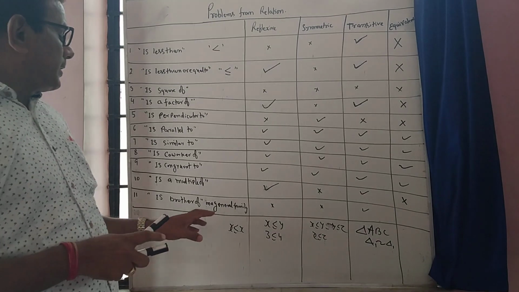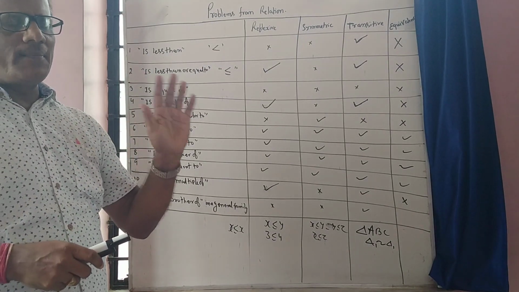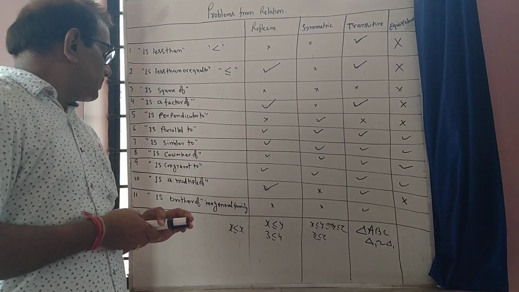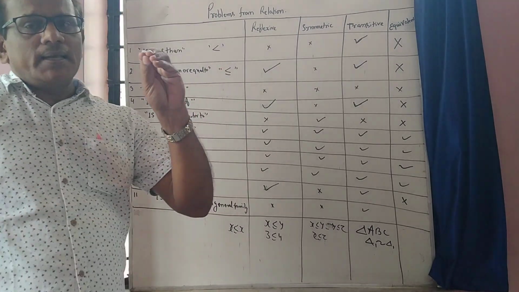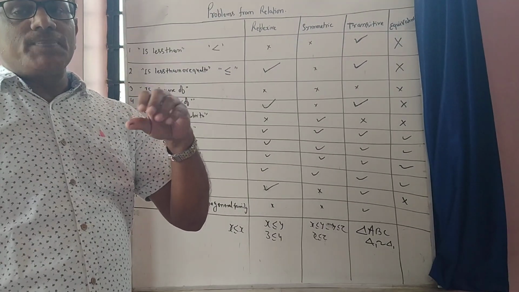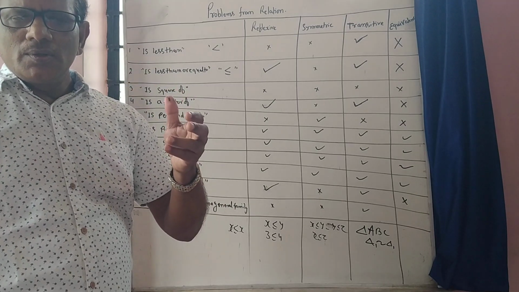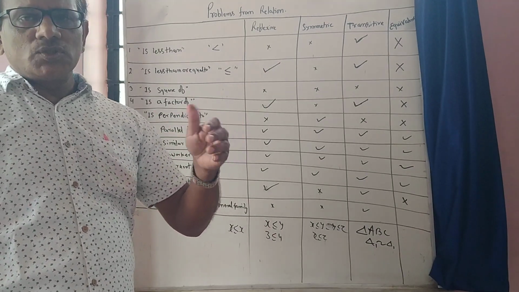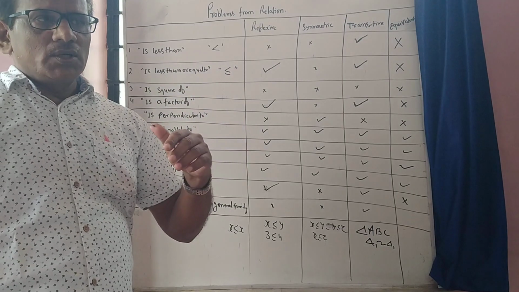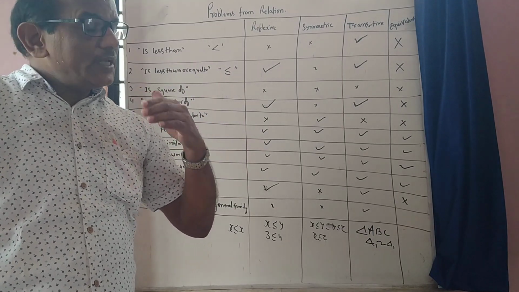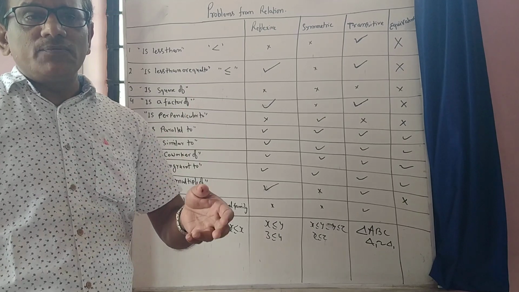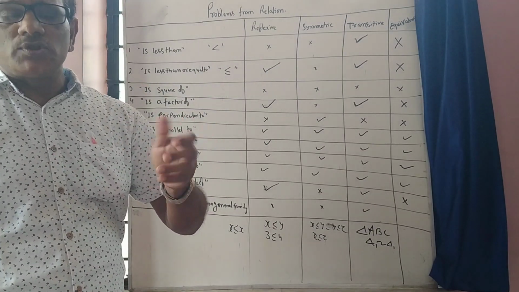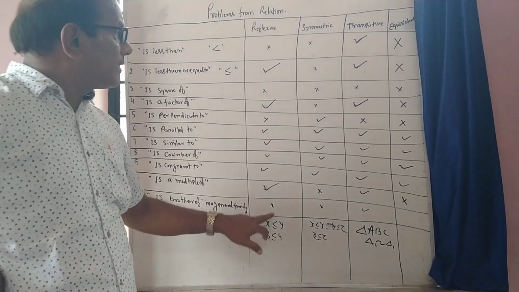Is 'brother of' a relation in a general family? What do you mean by general family? Family means male, female, all are over there. So is 'brother of' reflexive? Let X be a person. Is X a brother of X? Is it true? No. Always it is not true. Because Ram may be a brother of Ram, Krishna a brother of Krishna, but this brother-of relation doesn't hold with the female. Your mother cannot be a brother of herself. So therefore, brother of relation in a general family cannot be reflexive.